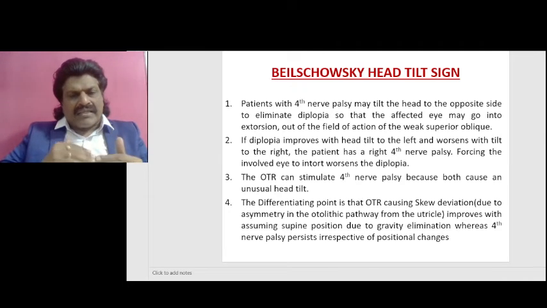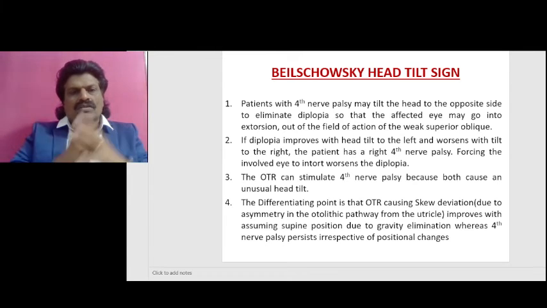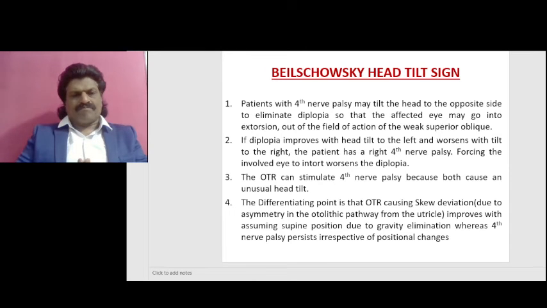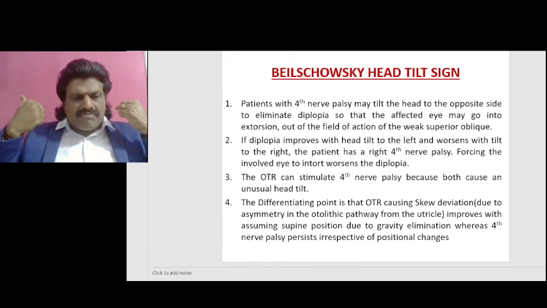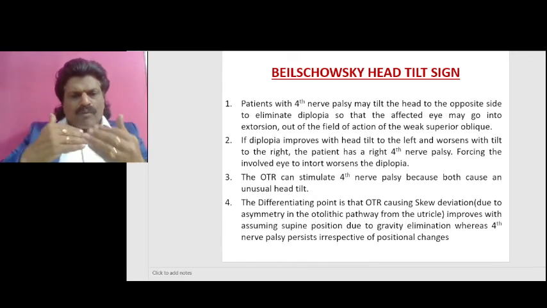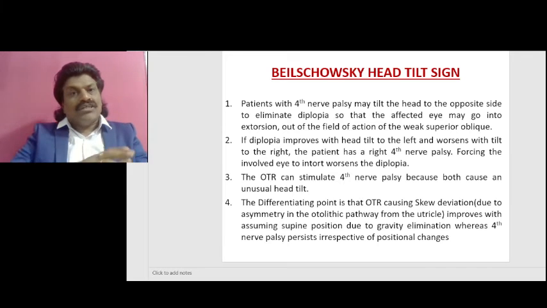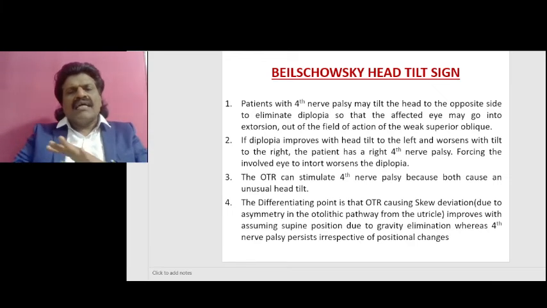The ocular tilt reaction can simulate the fourth nerve palsy, because both cause an unusual head tilt. So how do we differentiate the ocular tilt reaction and the fourth nerve palsy, which look alike? The differentiating point is that ocular tilt reaction causes skew deviation due to asymmetry in the otolith pathway from the utricle, and therefore it improves with assuming supine position due to gravity elimination, whereas fourth nerve palsy persists irrespective of